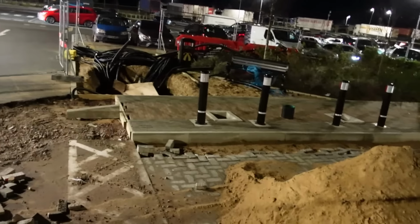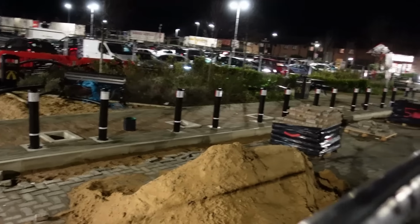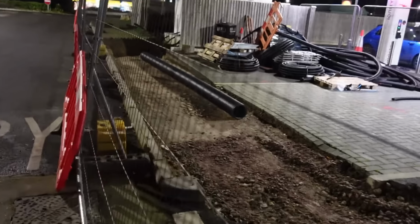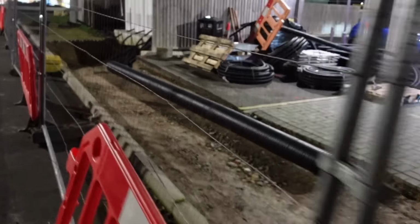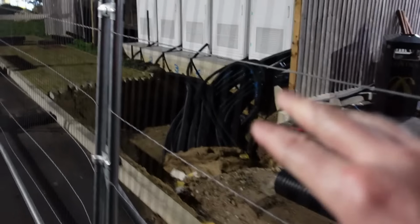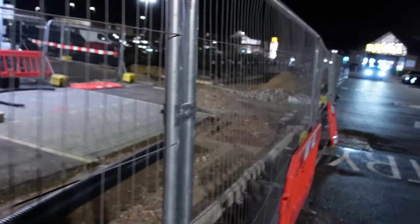So I charged up on the UDIS, but see what's going in, folks, because people often say there's not enough infrastructure, but get a load of that. So they're all rapids waiting to go in, and here you can see all the ductwork and all the transformers, I don't know, all the gubbins for the rapids. Everything's all going in there ready for those extra rapids